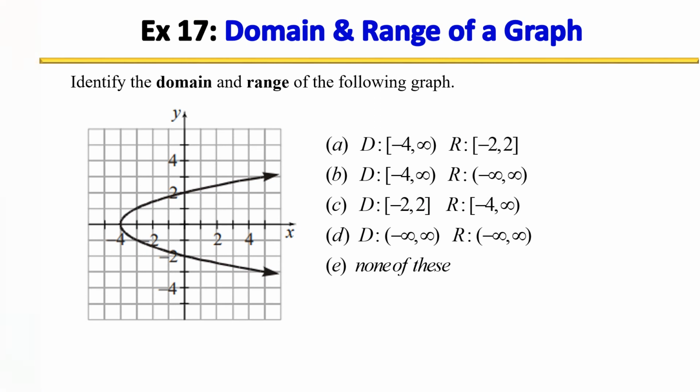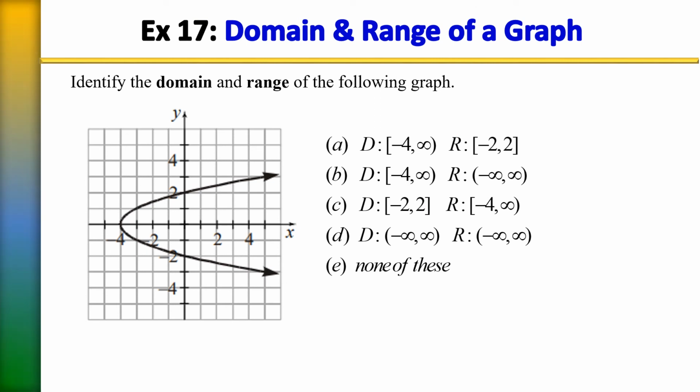In this example, we're asked to identify the domain and range of the following graph. So domain, recall, is how much the graph extends or expands from left to right or on the x-axis. In other words, how far does it go to the left and how far does it go to the right? So we can see here that our graph, this parabola here, it will start at -4,